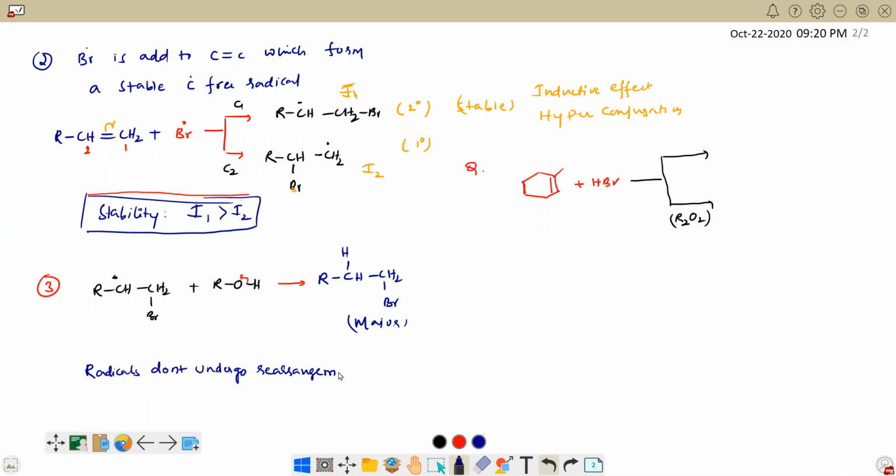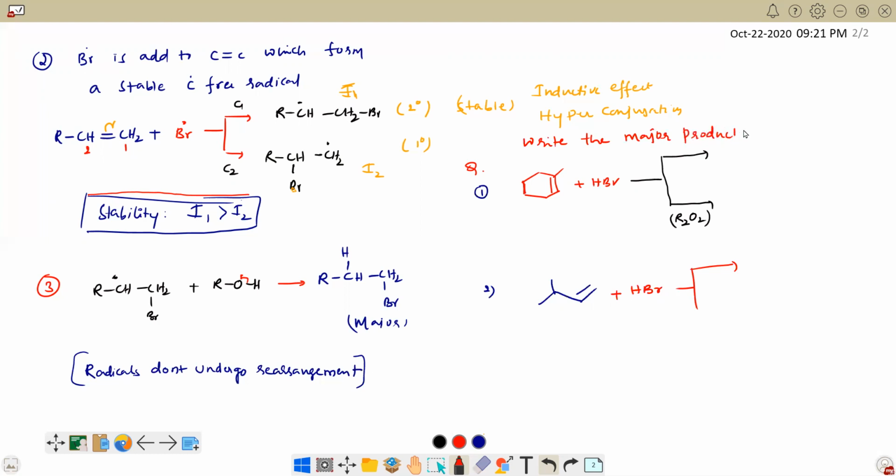In this case, particularly, here it is R2O2. Come on, then one more example. First question, and the second question is, suppose an alkene is given like this, plus HBr. The same question: write the major products.